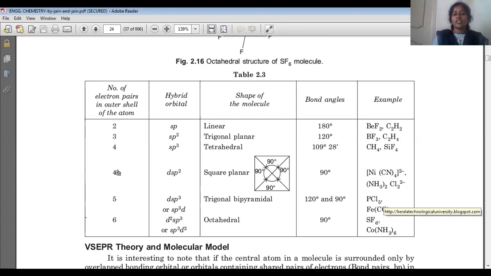And 4 electrons are required here also. All the electrons are laying on the same plane and the angle is exactly the same between all the bonds, that is 90 degrees. Nickel tetracyanide, otherwise [NiCl2]2-. This is the simple example. Even we can take platinum tetracyanide complex, that is also a simple example for this square planar complex.